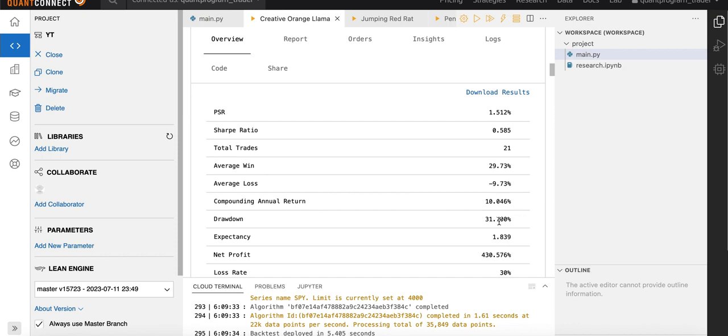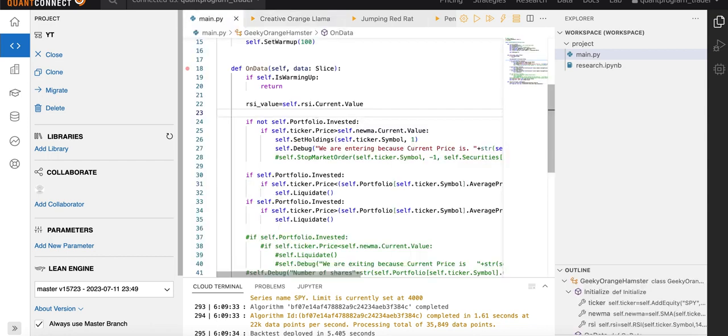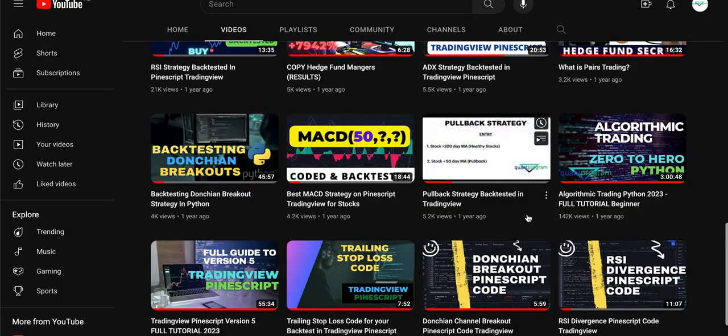So this strategy has a CAGR to drawdown ratio superior to the S&P 500 buy and hold, SPY buy and hold, and that's our goal as quantitative traders. We need to beat that SPY buy and hold, not only in the returns but also in the drawdown metrics as well. So the next challenge that we have to do is go to the YouTube channel, and there is